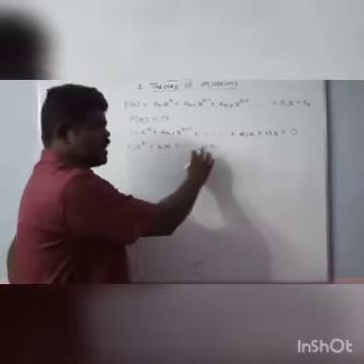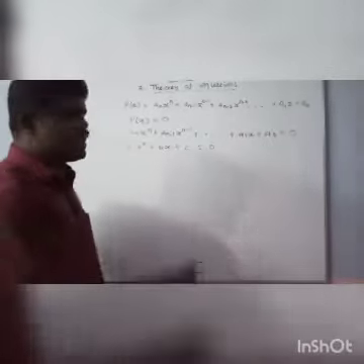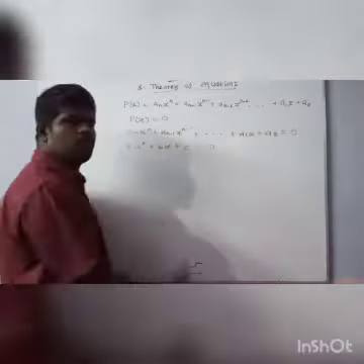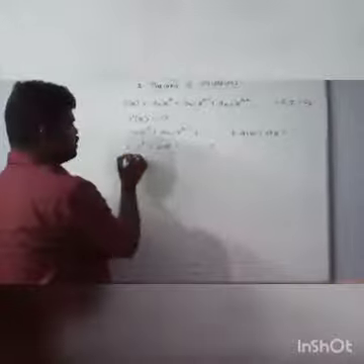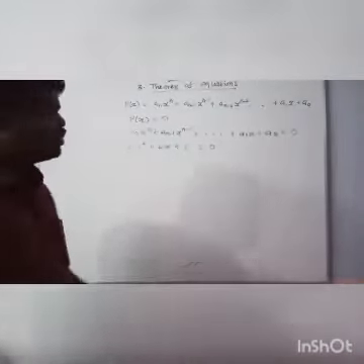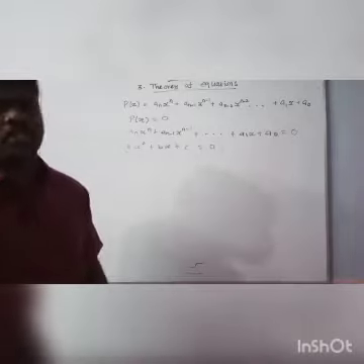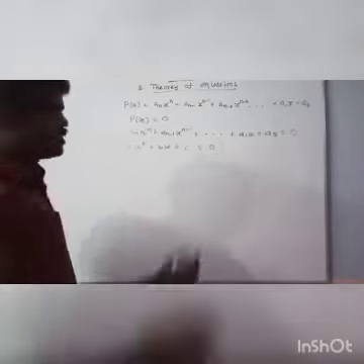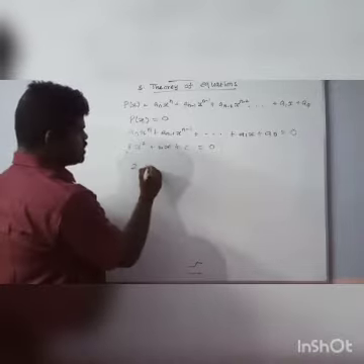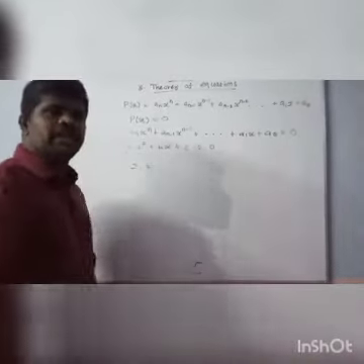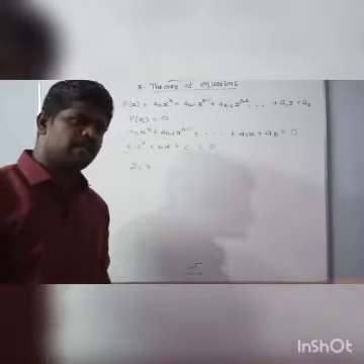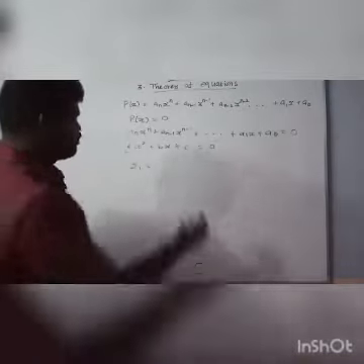Any polynomial equal to 0 gives an equation. So, this is the 2nd degree polynomial equation, which is known as the quadratic equation. So, how to find the quadratic roots for this? First of all, summation 1. Summation 1 means alpha and beta are the two roots of the equation. We consider alpha and beta are the two roots of the equation.